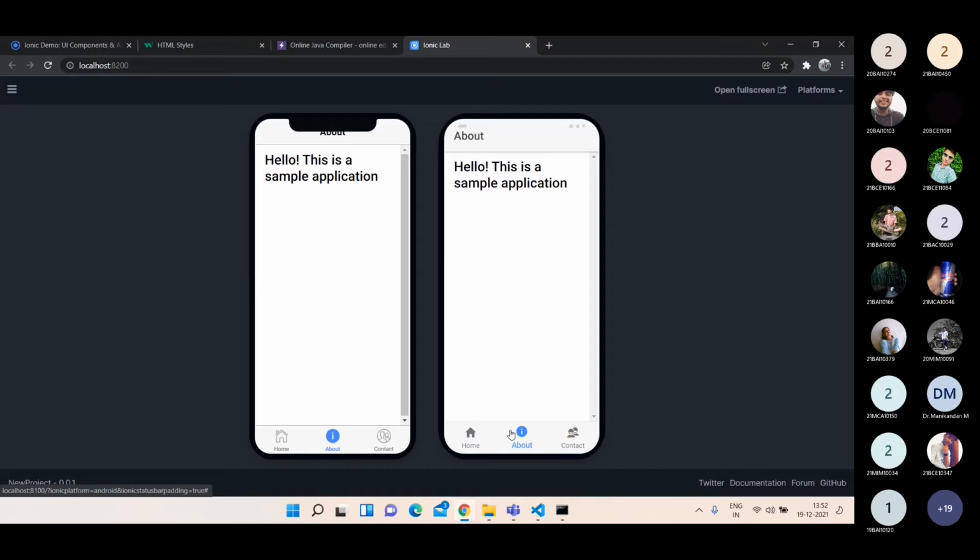Okay, so can I understand how it is working? Yes, sir. Yeah, and you can see a lot of differences for both the platforms. For example, if it is an iPhone, the title will be automatically coming in the center of the screen. And if it is an Android device, the title will be coming in the left orientation of the screen by default. So this is the default orientation of the operating systems.